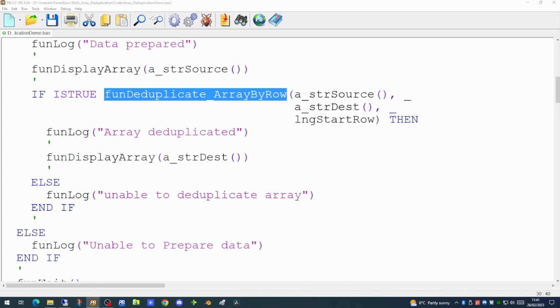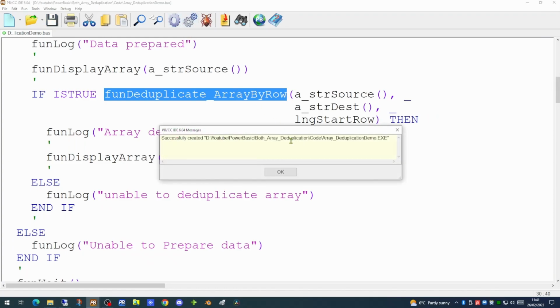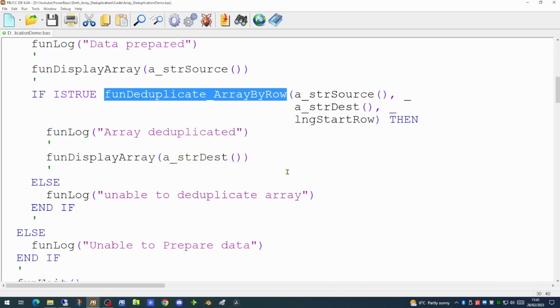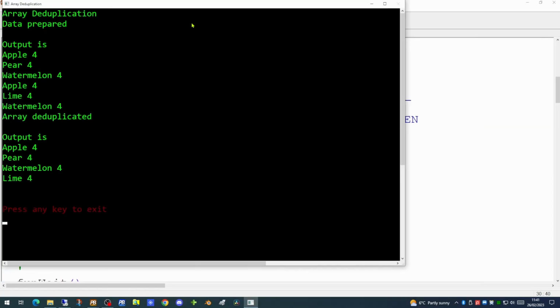So let's try to compile it to ensure we haven't missed anything. And it compiles quite cleanly. So if we try running our application now, let's see what it does. Well, we have a message at the top of the screen to say that the data has been prepared.